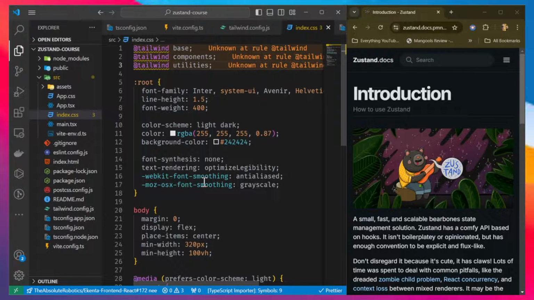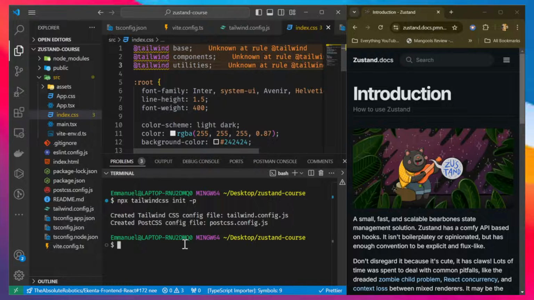So the next thing to do now is we are done with the installation process and setup for Vite and TailwindCSS. So the next thing to do is to install Zustand. So I'm going to open my terminal again. We're going to put npm install zustand. So once I install that,